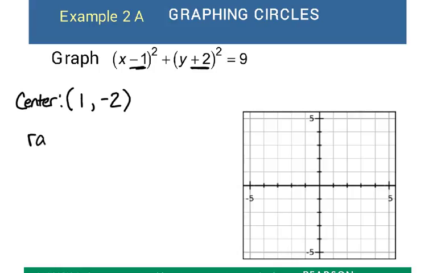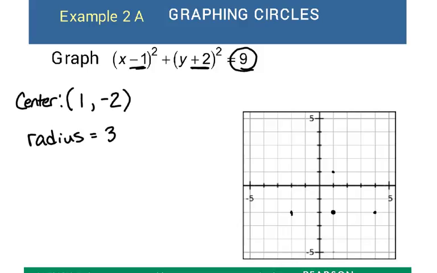And then our radius comes from here. Take the square root of that number, which is 3, and that is our radius. So we're going to have our center at (1, -2). There is our center. And then we're going to go out a radius of 3. So go out 1, 2, 3. Go out 3 all around your center,